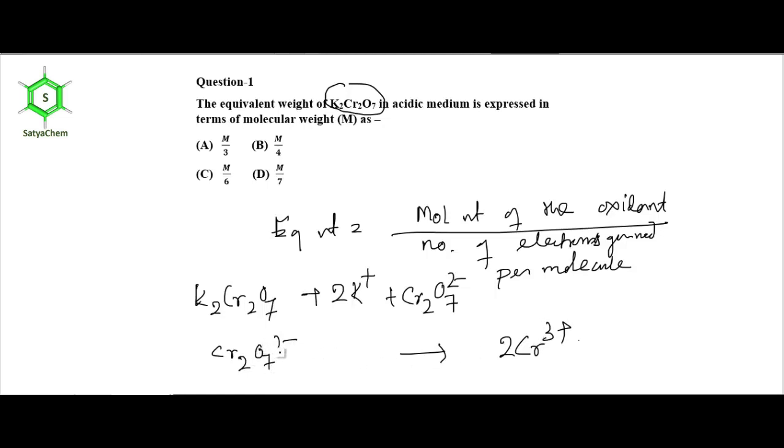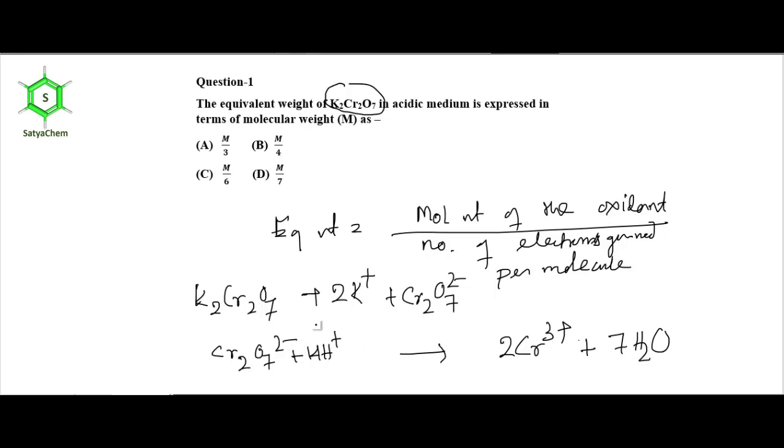Here the number of oxygen on left hand side is 7. In right hand side there is no oxygen. So to balance the oxygen we need to add 7H2O. Now in the right hand side the number of hydrogen is 14, but in left hand side there is no hydrogen. We know the reaction occurs in acidic medium, so we can add 14H plus and check the total charges on